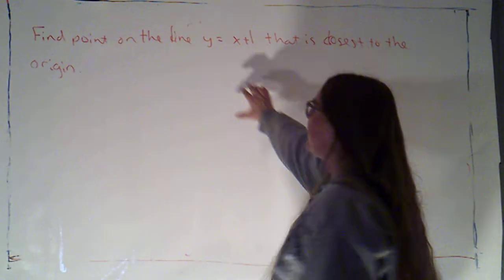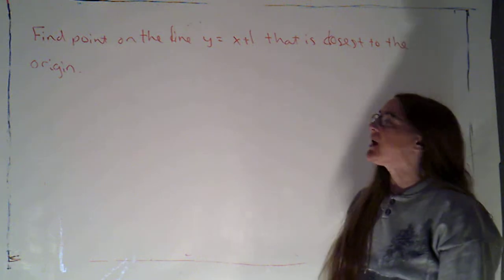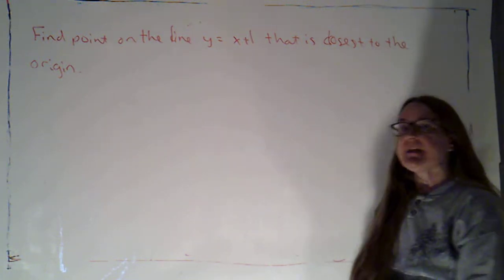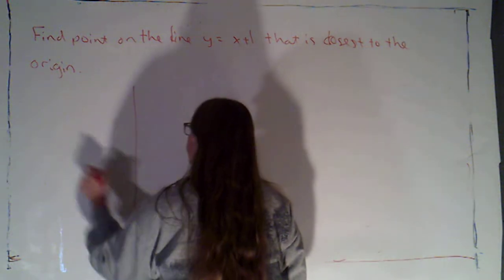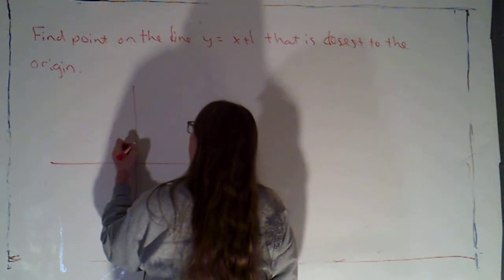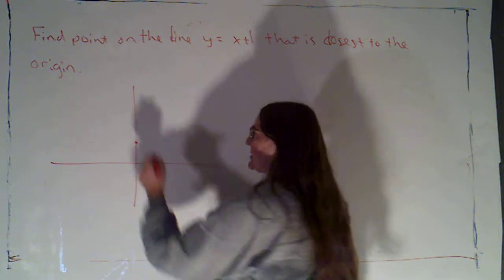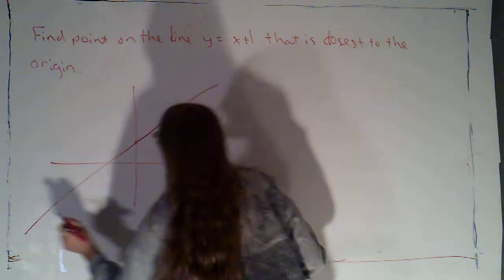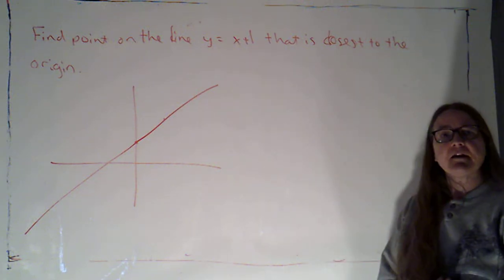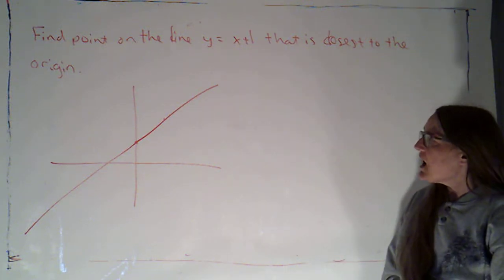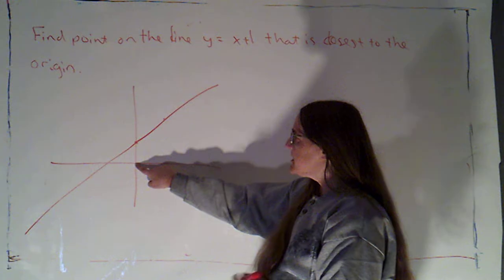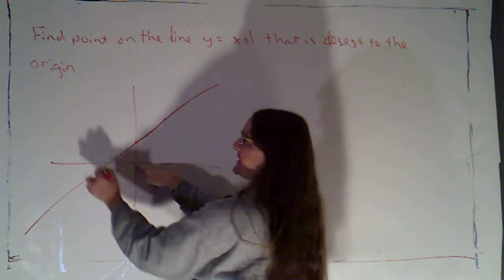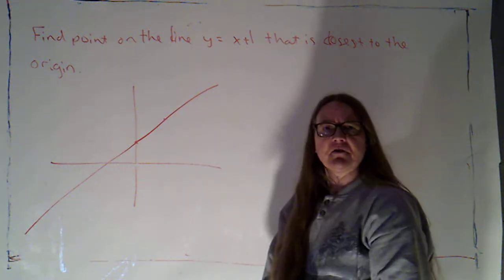Right, I've got another optimization problem up here. I want to find the point on the line y equals x plus 1 that is closest to the origin. So the line x plus 1 has a y-intercept of 1 and a slope of 1. There's my line right there. I want to figure out what point on this line is closest to the origin. I can tell it's going to be somewhere around in here, but I'd like to figure out exactly